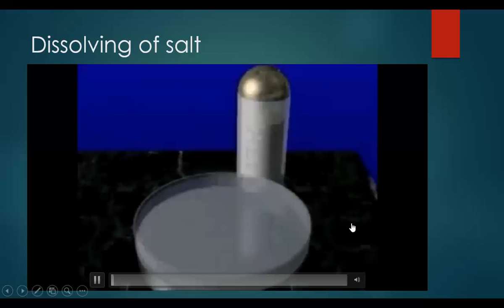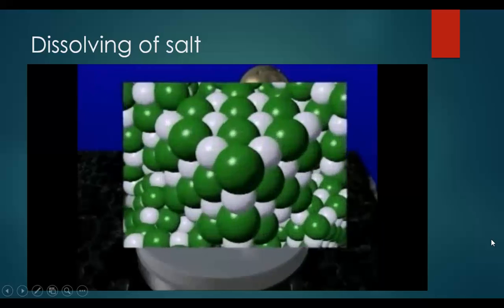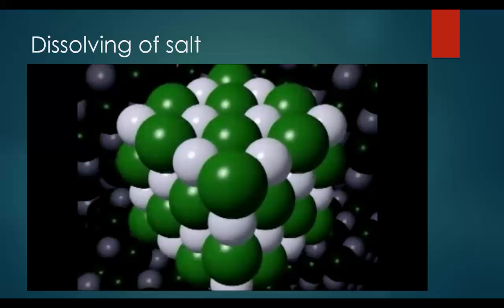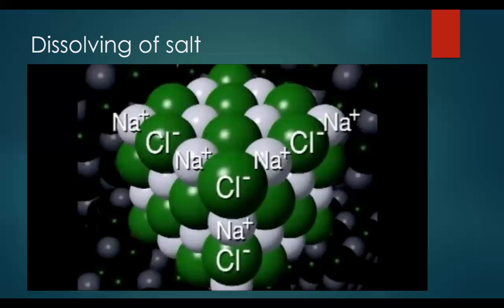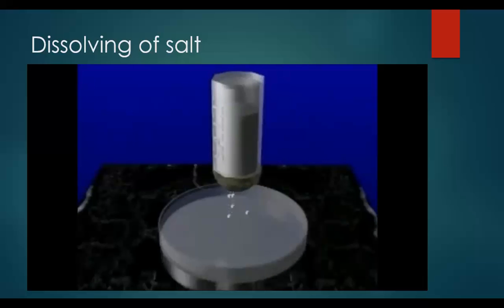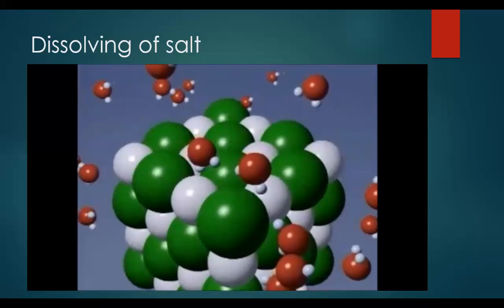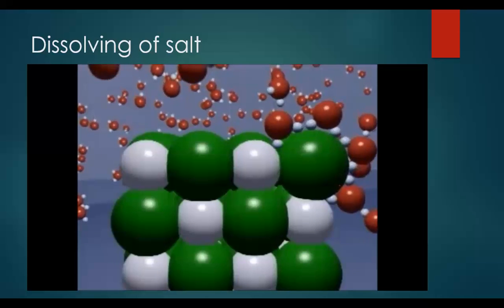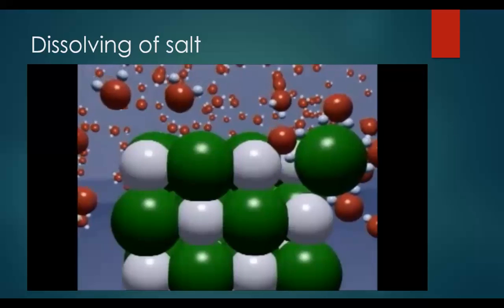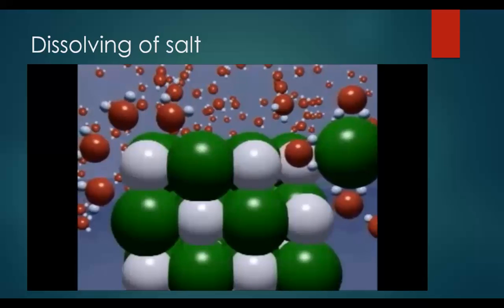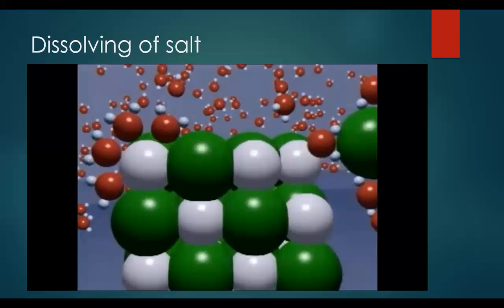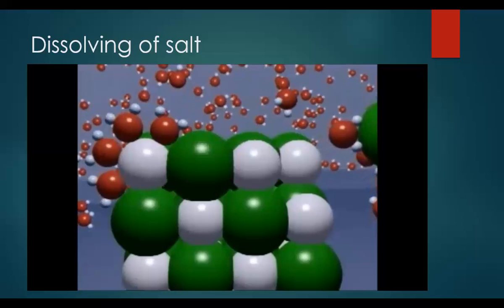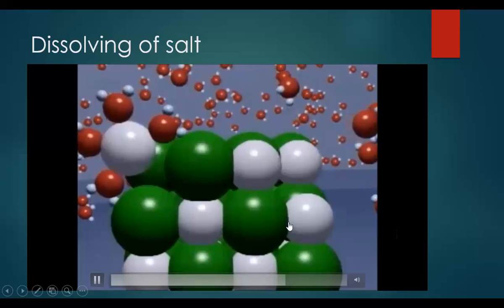Watch. Sodium chloride crystals are held together by attractive forces between the positively charged sodium and negatively charged chloride ions. When a crystal of sodium chloride is placed into water, the hydrogen ends of polar water molecules attract the negatively charged chloride ions and gradually surround them. Likewise, the oxygen ends of water molecules are attracted to and surround the positively charged sodium ions. The hydrated ions drift away into the solution, allowing new water molecules